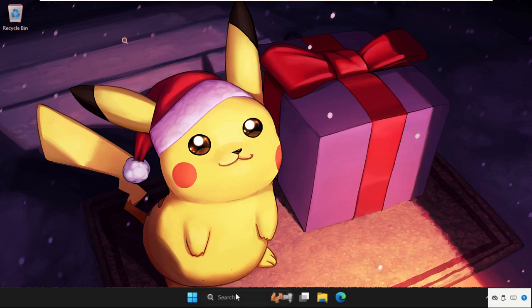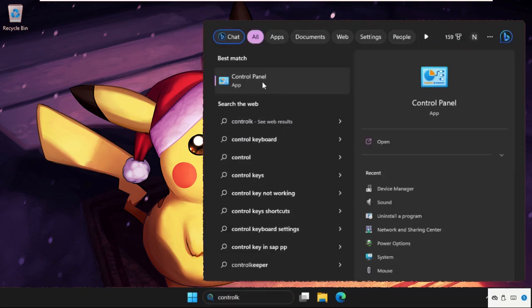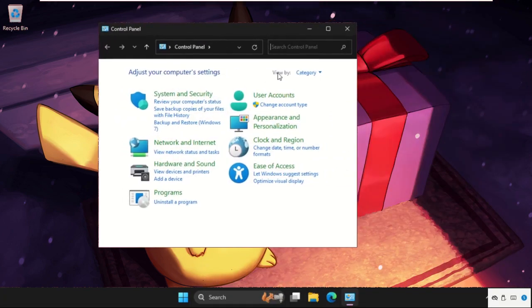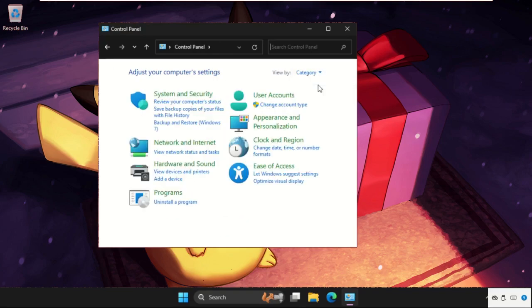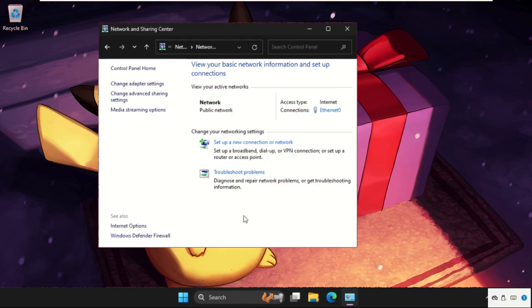So go to the search bar, type control panel, and from the search results click here to open it. Once we're here, we need to select View by as Category. If you selected large icons or small icons, change it to Category. Then click on Network and Internet, then go to the Network and Sharing Center, and here you will get your